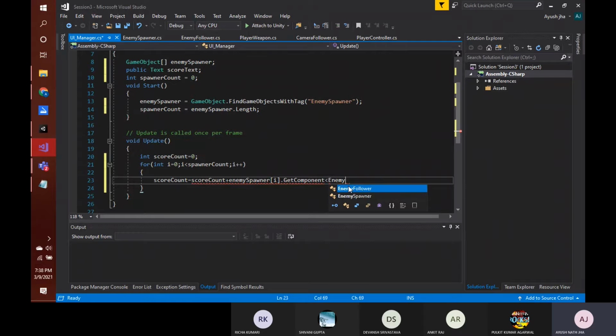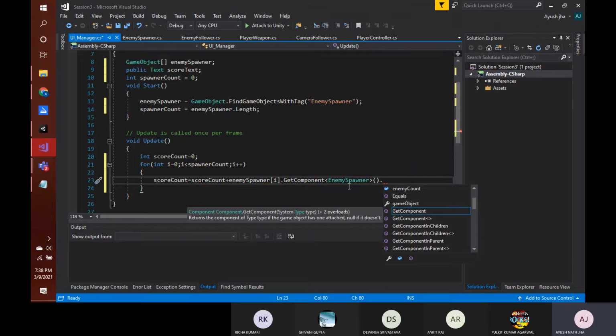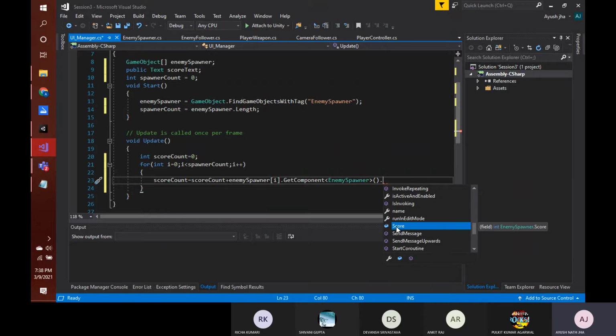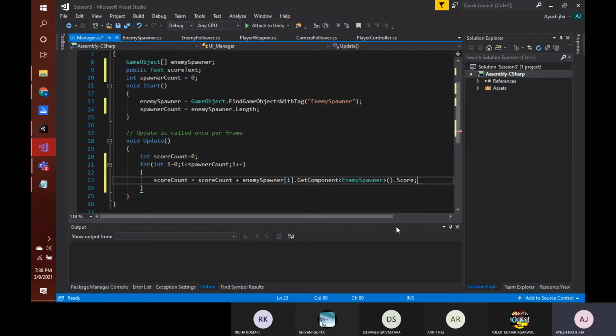It is the EnemySpawner component. In each of our enemy spawners, we have this enemy spawner script component. So we are getting that, and from that, what element do we need to get? You can see we have multiple options here, so we need to get score, right? So we get score, and yeah, that's it.